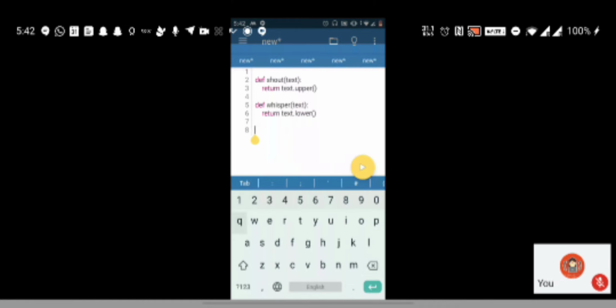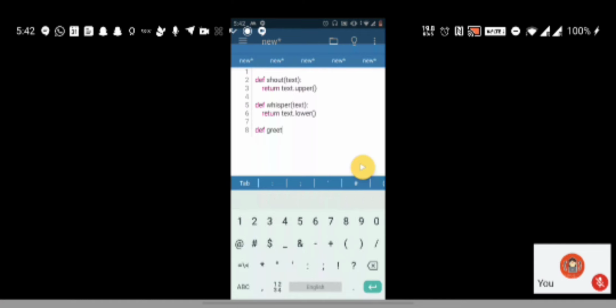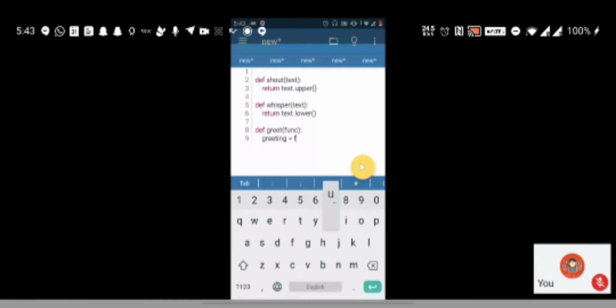Now, suppose def greet. I have this function called greet, which actually takes a function. It takes a function as an input. I'll say greeting is equal to func.